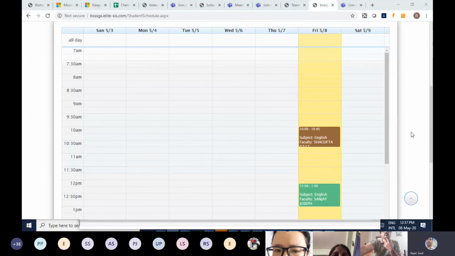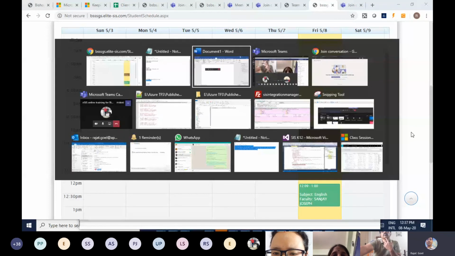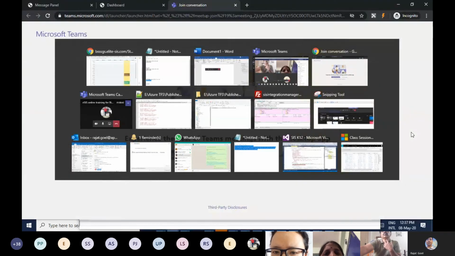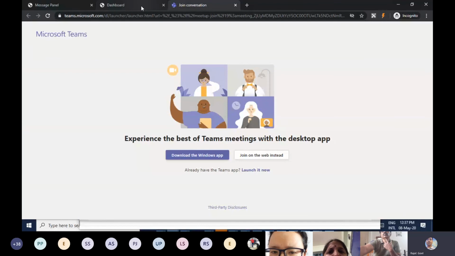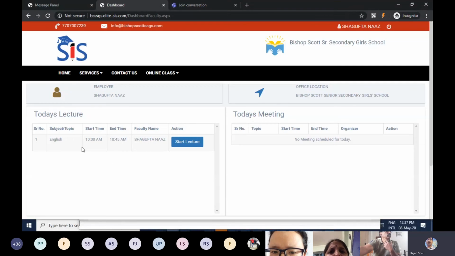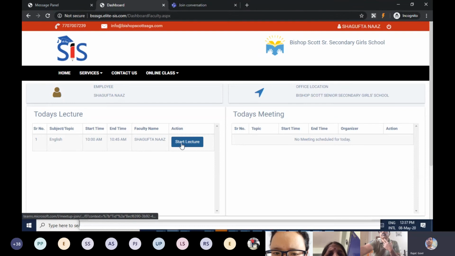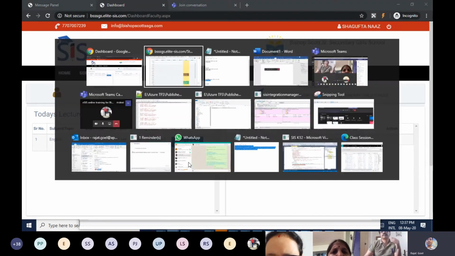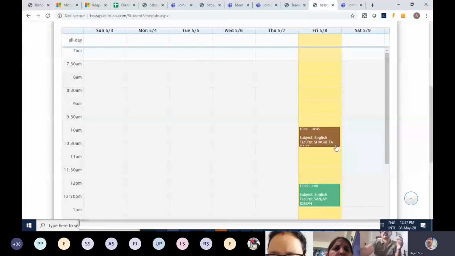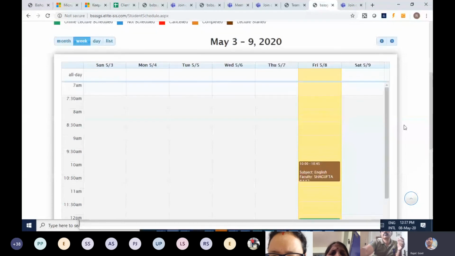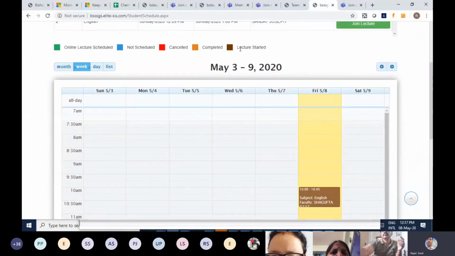I just want to tell one more thing. When I was on the faculty dashboard, sir, I clicked on start lecture. So you can see that the student sees this particular slot in dark brown color. This dark brown color signifies that the lecture has been started.